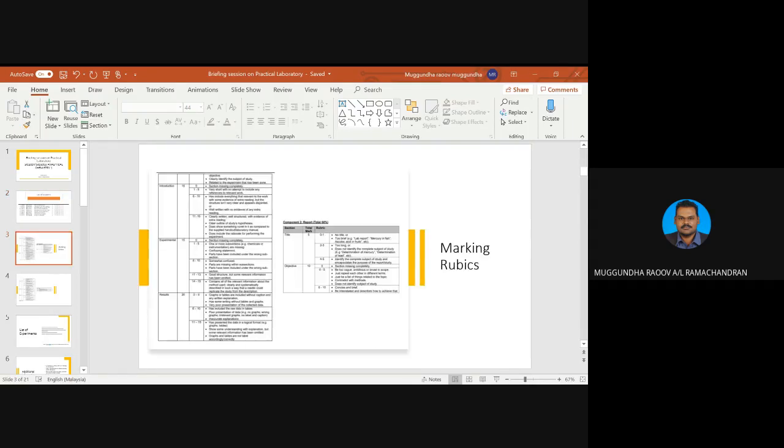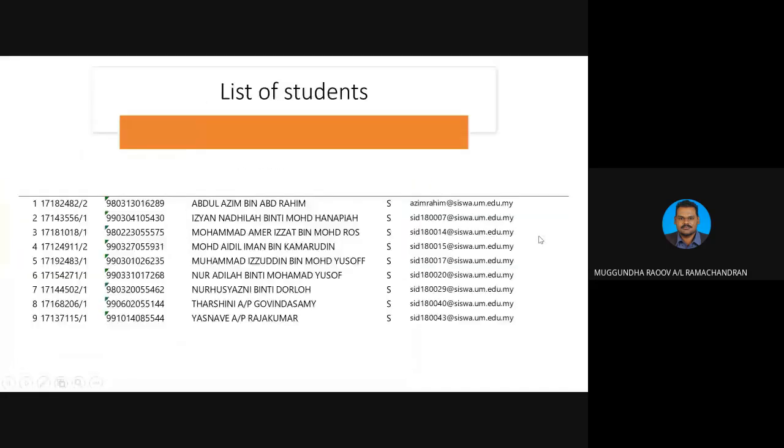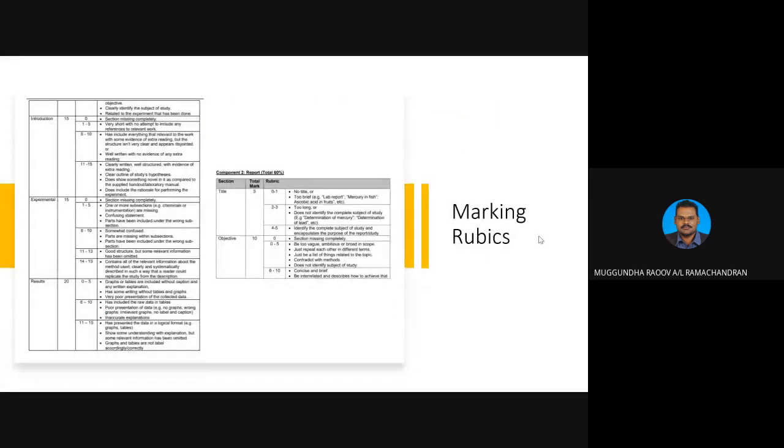Class, before we start our briefing, I would like to introduce the rubric system. Kindly get your lab manual here. Keep your lab manual with you now. I will start the briefing. Class, in the first page of your lab manual, page number